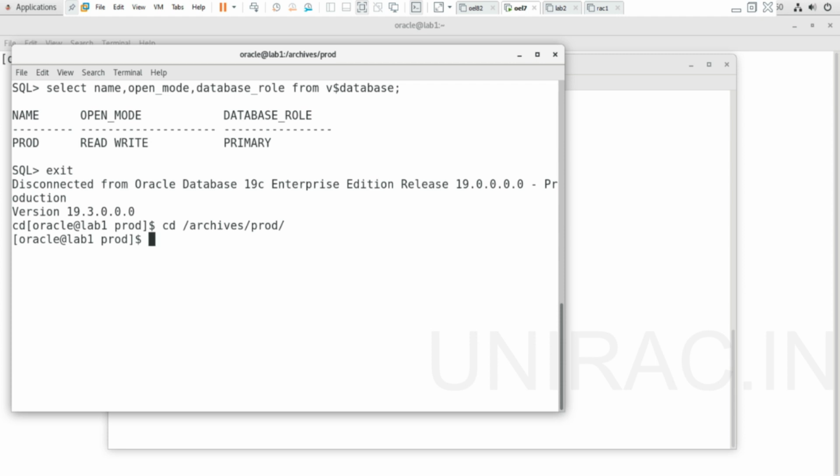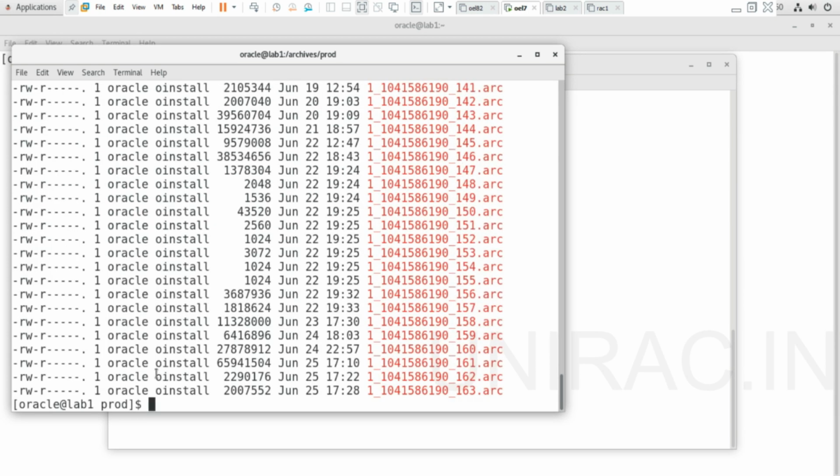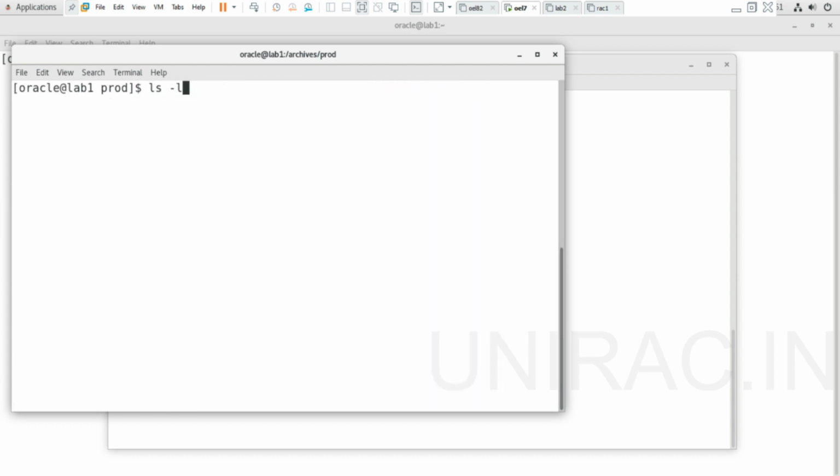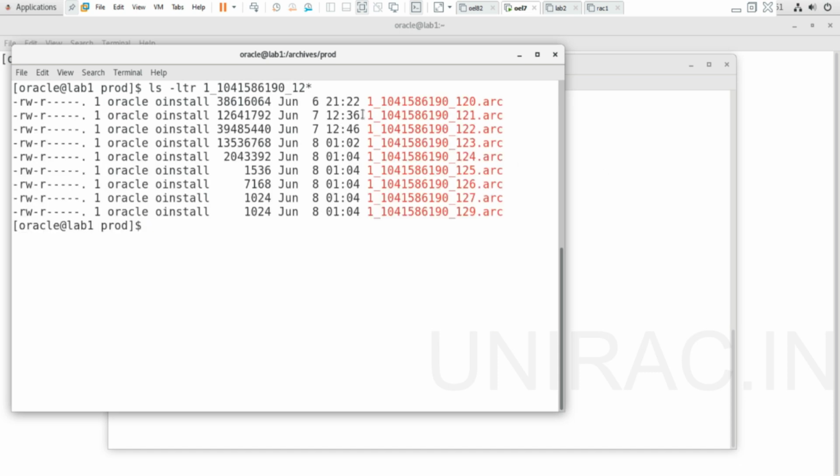So go to the archives prod directory and verify the archives with the archive log list. 1_163 is the last sequence number, and we need to check sequence number 1_1_120.